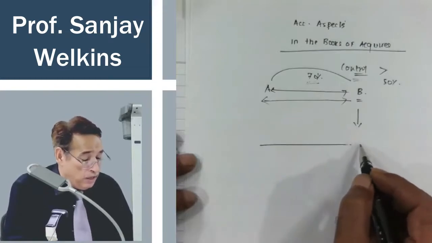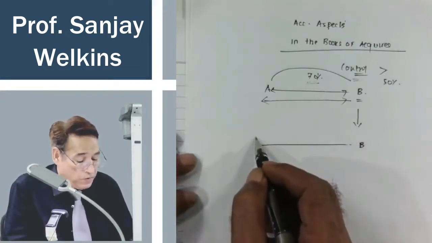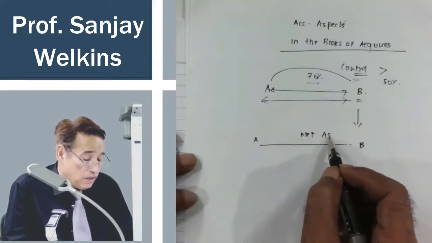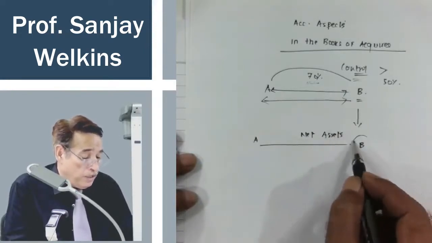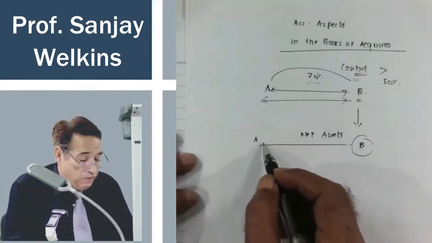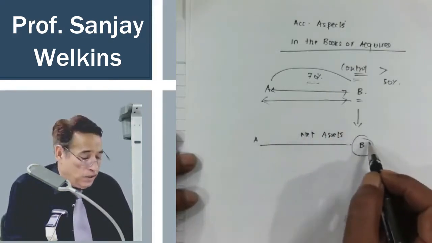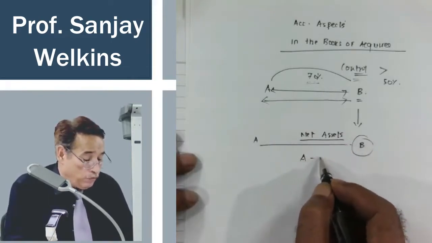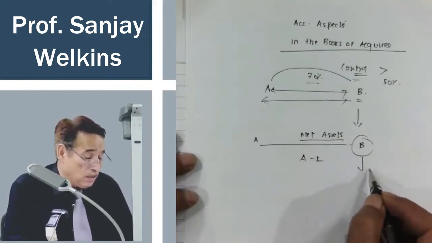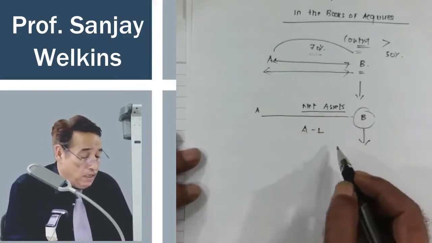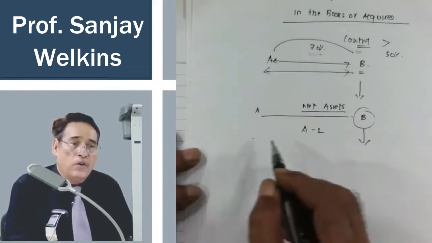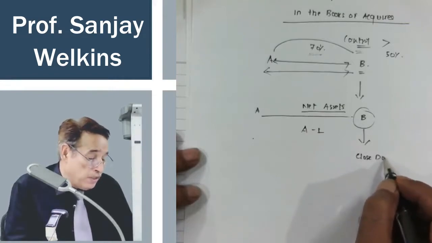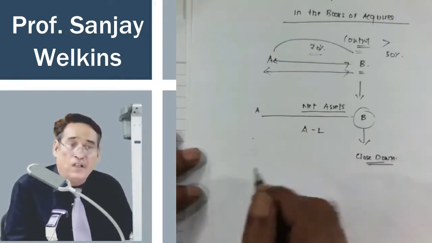However, we can acquire the other entity this way around also. For example, entity A this time purchases the net assets of entity B. This time we did not make any investment in the share capital of company B. We simply asked company B to give us all of its assets and liabilities. In this case, company B is actually purchased by this entity. In this case, the entity will close down. Its business will cease to exist. Are you getting my point or not?